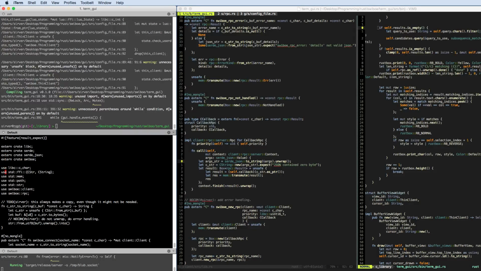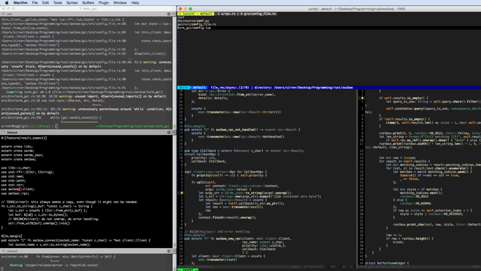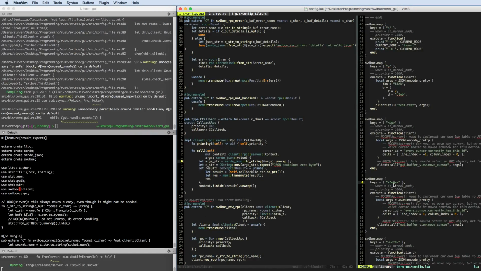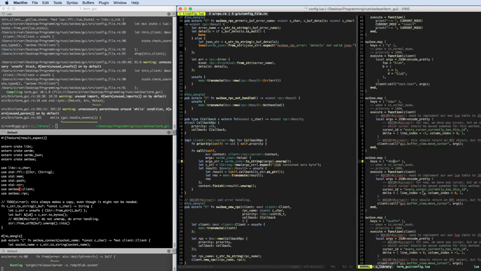Actually, I think we did that on stream too, oh no, we didn't do it on stream, but basically what you can see is the key presses I do now, they are not hard-coded into the terminal GUI, but they're actually set up in our config.lua here. So basically, if I press down, for example, this one, it will actually call this RPC GUI buffer view move